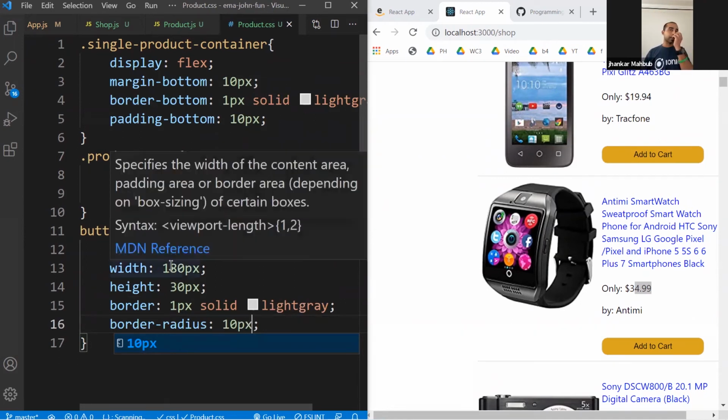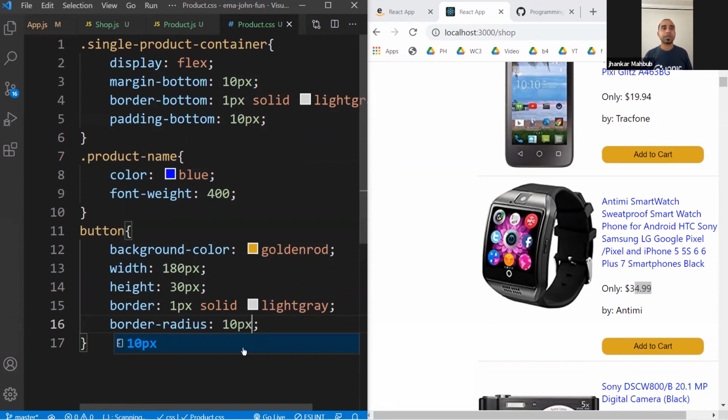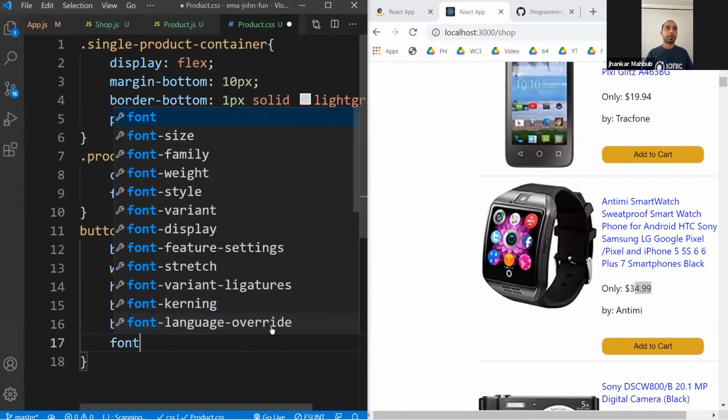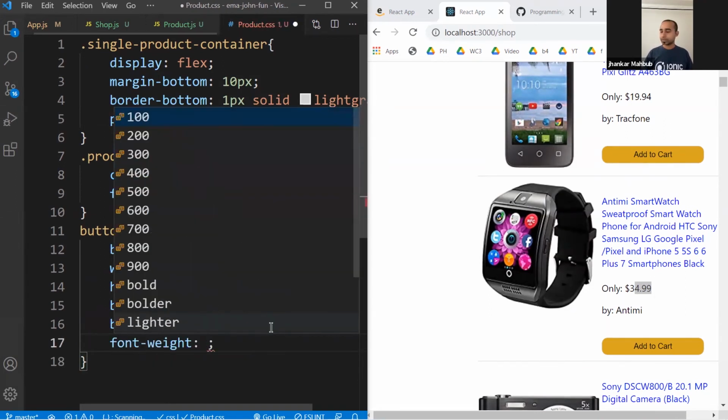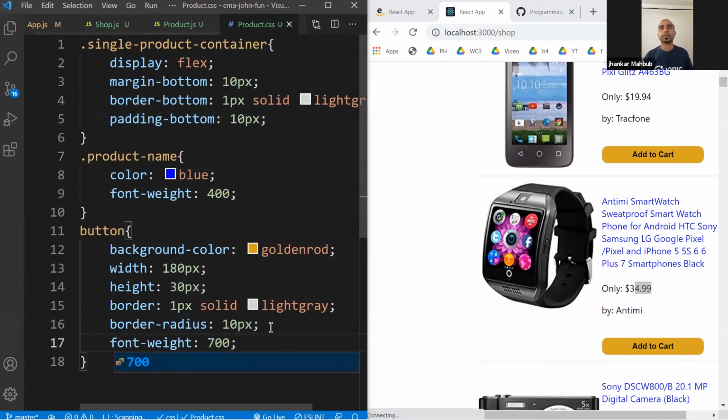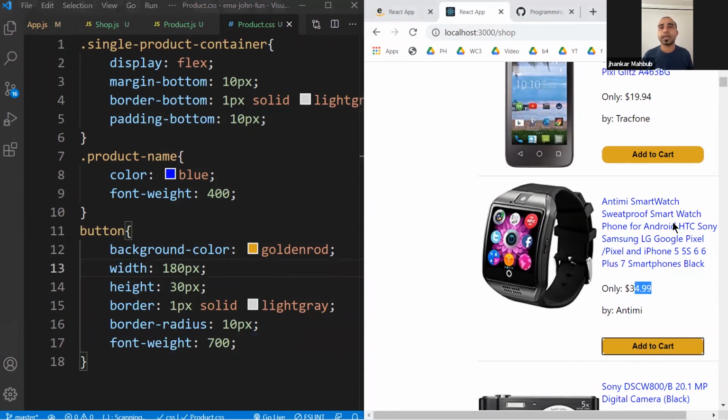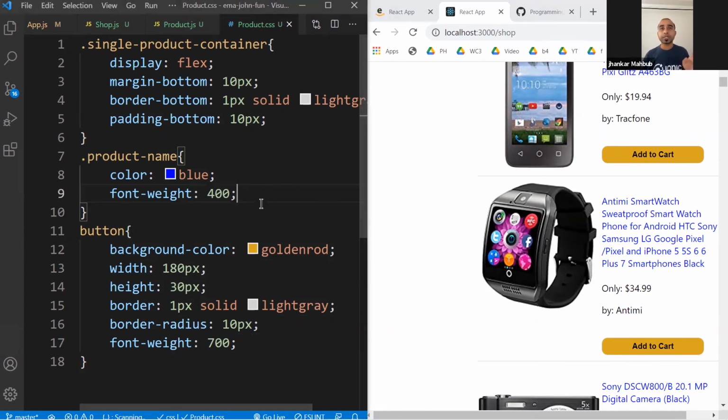And if you want to do the color, you can make the color white, or just keep it this way. Or you can say font weight. Font weight is bold, which is 700, something like this. And you can leave it this way. At least this is something you can click, and then it will do something, will tell, hey, you want to purchase this item, do this thing. So we got this button.